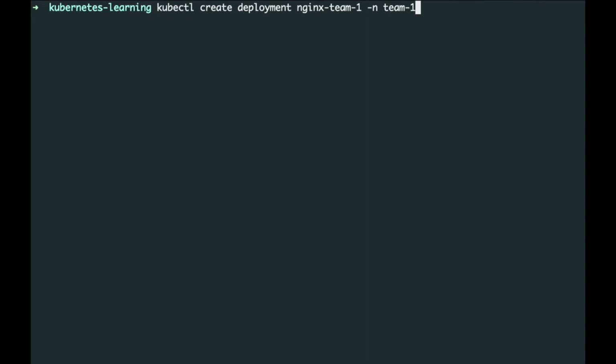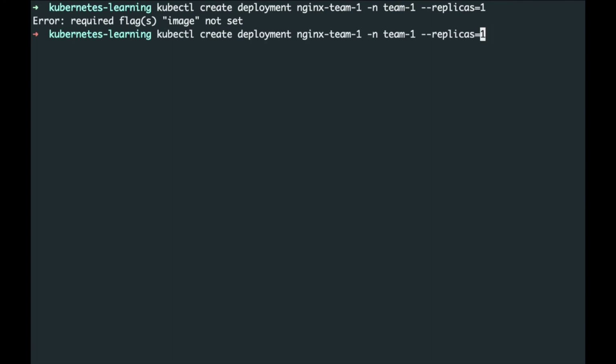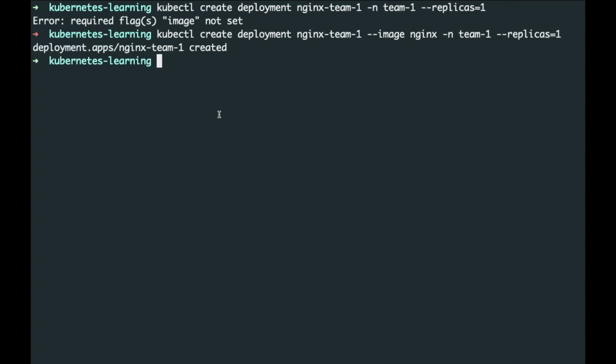Our namespace for team1 is team1, and for team1 we want replicas as 1. Now we have to provide an image. For the image, we are providing the Nginx image. Now the team1 Nginx deployment has been created.